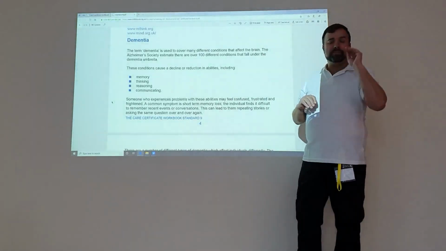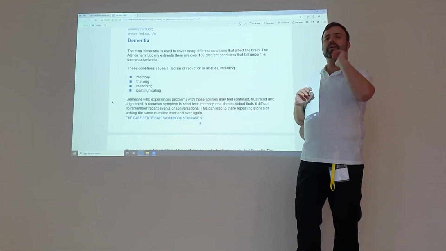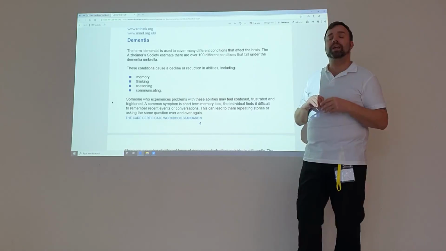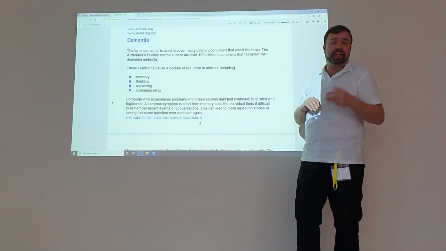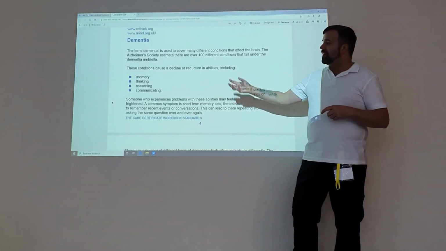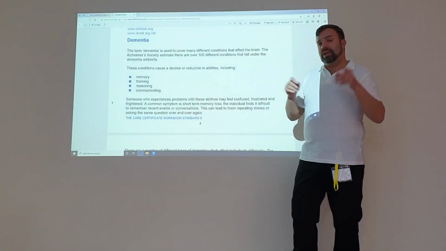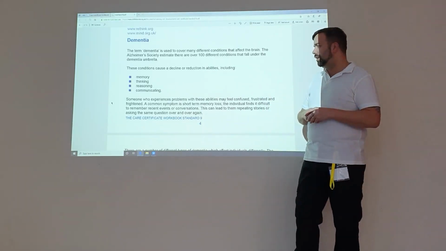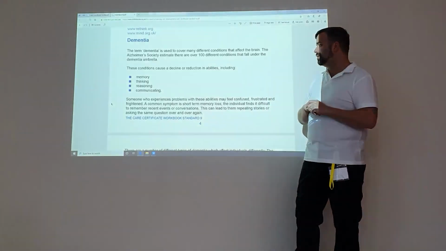So my memory may be staggered, so I don't use my whole memory, I may just use parts of my memory. My communication, I may just not be able to pronounce a particular letter or a particular vowel, but I can still communicate. My thinking and reasoning will be deteriorated, but again, in different ways. So no one dementia is alike. So it's important to understand how dementia works.